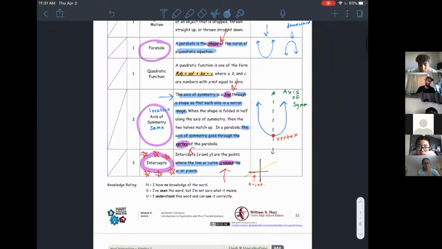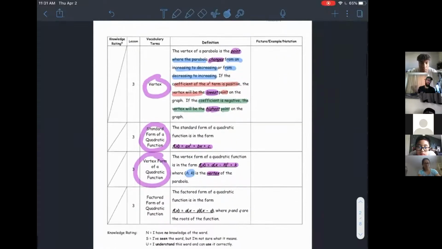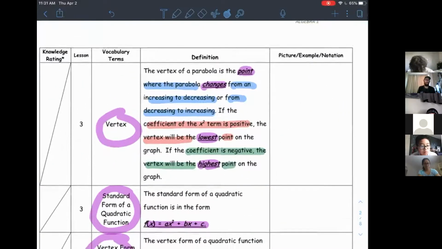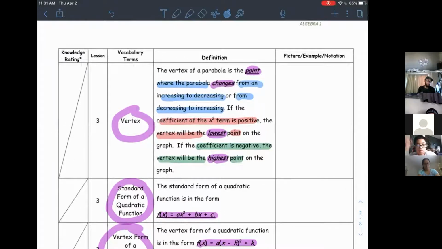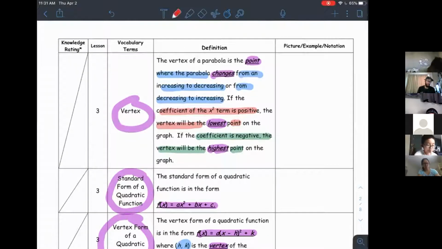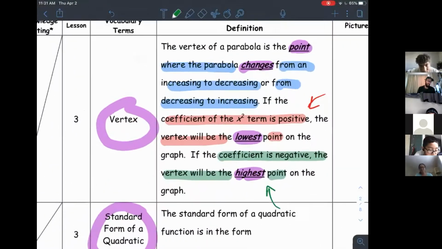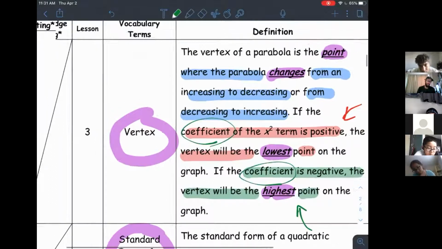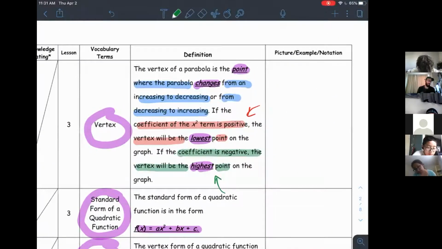All right, cruising on down. We actually just described what a vertex is. A lot of words going on here. A vertex can be a minimum point, a low point. A vertex could be a high point. It's really dependent upon what they call the coefficient, which is just a fancy way of saying the a value, okay? So like in a positive parabola,